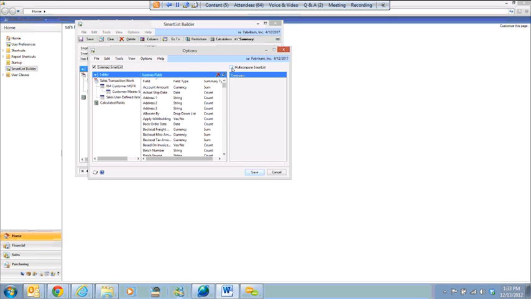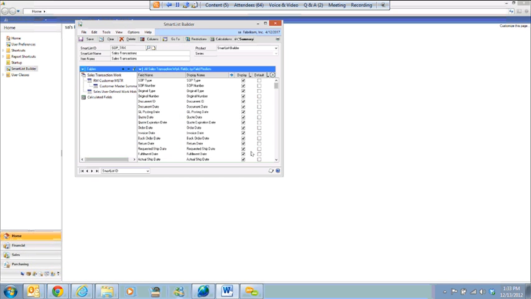SmartList Builder actually has the option to pull data from multiple companies into one report. I don't have any data in my test company. Well, I might. But you can pull in data from multiple companies just by checking the company there. Now, if I were to run this, I wouldn't know which company the data came from at this point. So what you can actually do